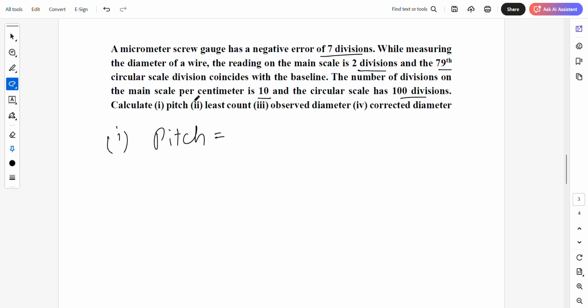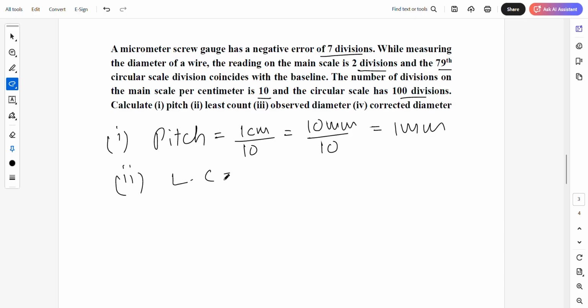The number of divisions on the main scale per centimeter is 10, that is 1 centimeter by 10. Convert this into mm. 10 mm by 10 is equal to 1 mm. So pitch is 1 mm. Second one, we know the least count is equal to pitch divided by